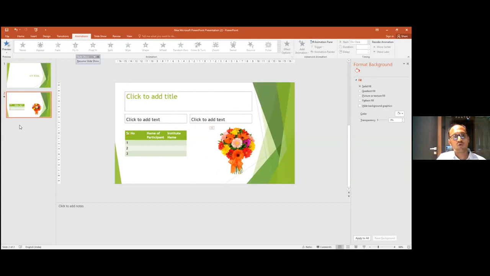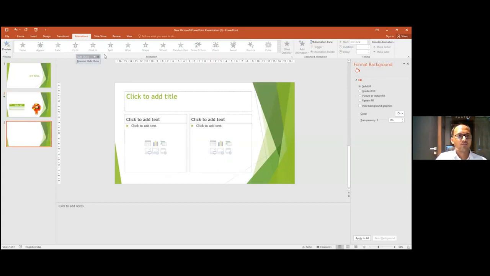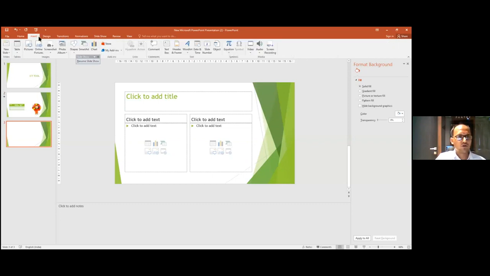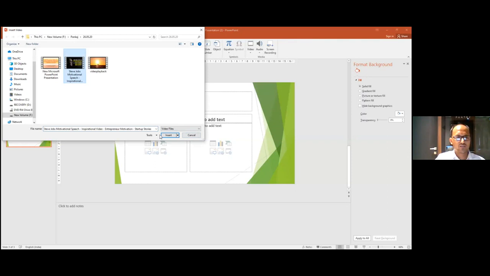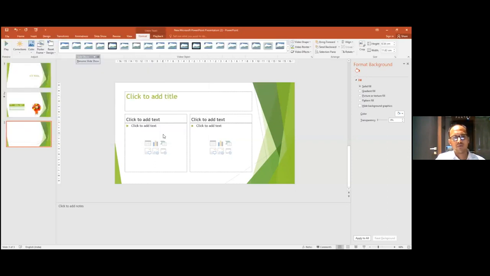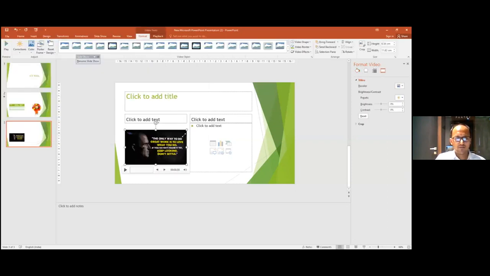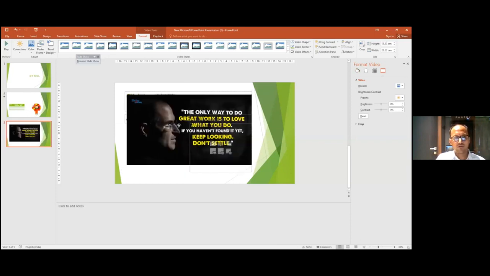The most important thing that most of us might not be aware of is that we can insert video into our presentations also. By going on the Insert tab, from here you can insert audio as well as video. First thing that we'll see is how to insert a video. So here you have two choices. Either you can insert an online video, or you can insert a video from your existing computer. For example, I went for insert video from computer, and I have chosen this video. I'll click on insert, and the video will be there. So we can have this video in our presentations.